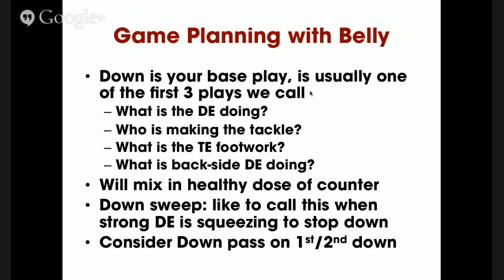Counter play. Sometimes when things aren't going as well, we jump to counter maybe too quickly. Usually that's when we're just outmanned. We've got a team that frankly is going to be better. Sometimes we jump to counter quickly and we get a little bit of success. But if they're beating you at the line of scrimmage, counter is probably not going to do that well either. And as I've said, down sweep, we like to call that when